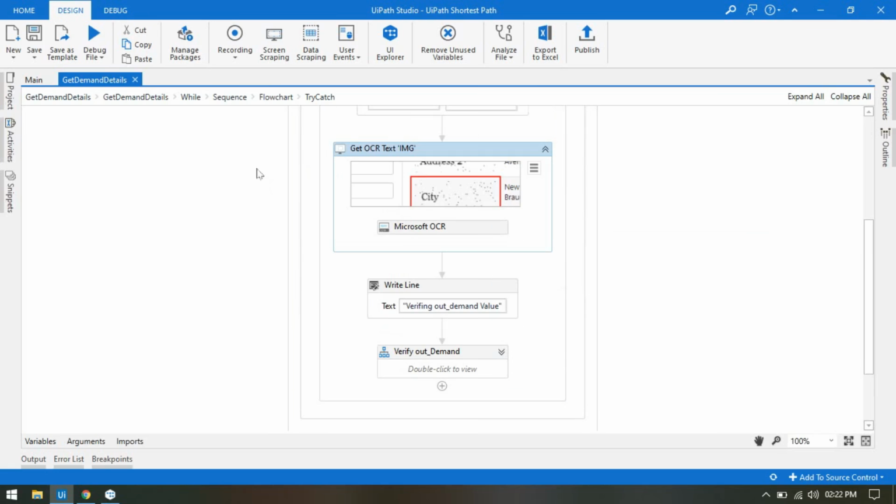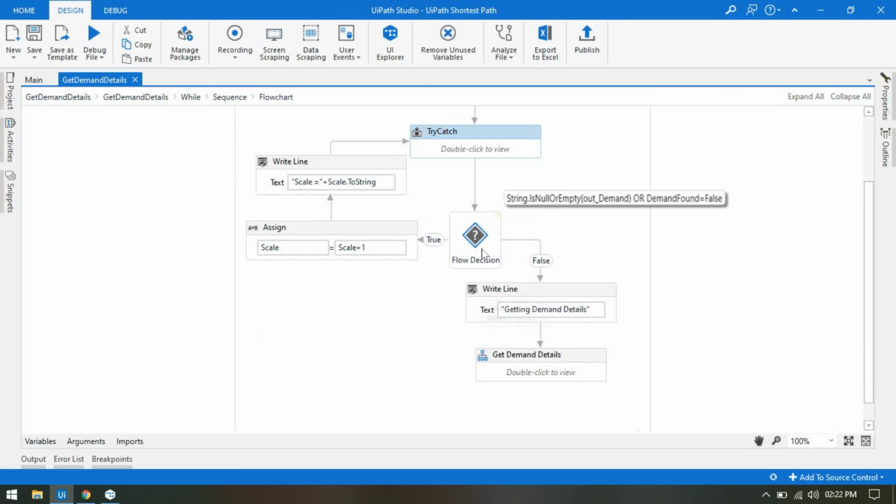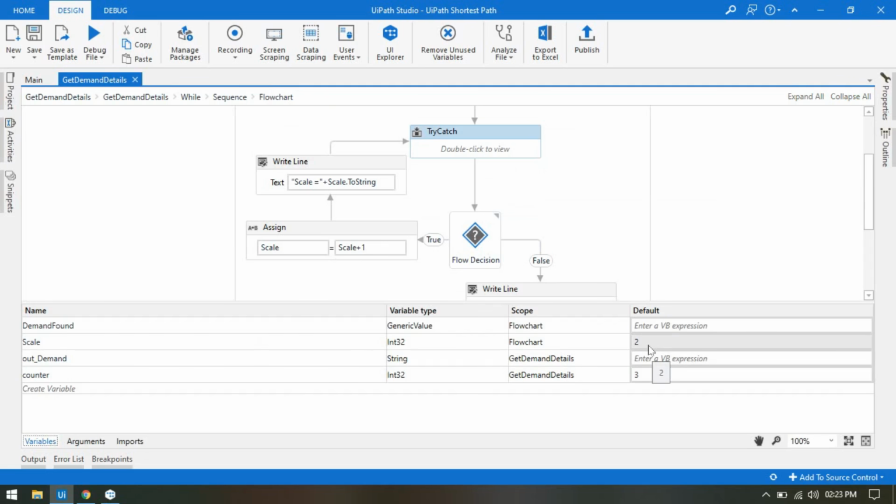That's why I put all these steps in a try catch, and here I'm catching this exception, and in the catch section I'm putting demand found equal to false. So if the demand found equal to false, it will check here and then increase the scale plus 1, right? And then the scale equal to 3, because the first time by default the value is 2.